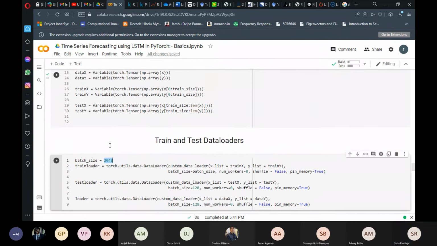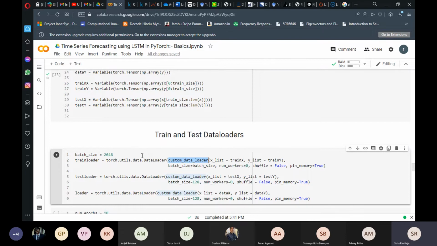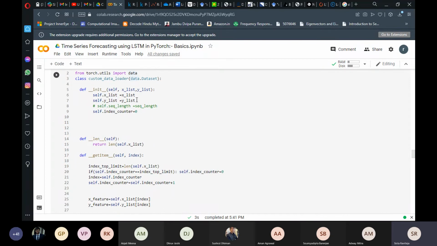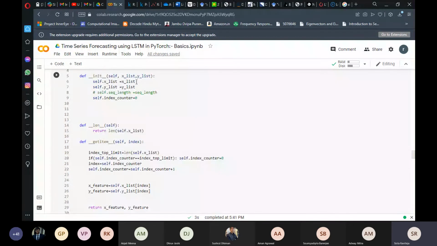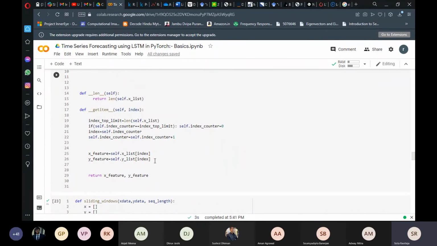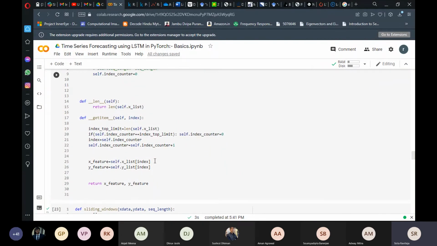Now, this is a custom data loader. This is something I have written, but I'll just explain what is there. You can also do it on your own. In a custom data loader, you'll just take the input, read each sample from the input, and give it out to the output. So for the list of train X it has received, it will read out each sample until the batch size is retrieved, and it will return that as an entire batch.